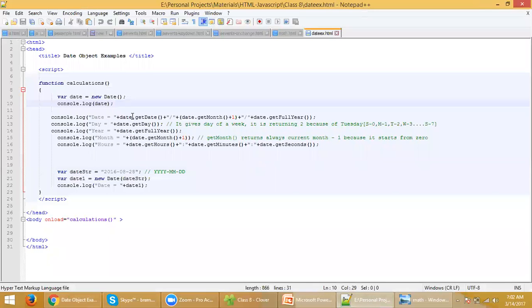Now I want to get only the date from this entire timestamp. Then we have the default function getDate. It will return only the particular date, 14, right? It will return 14. After that, I'm just formatting with a string here. getMonth will return